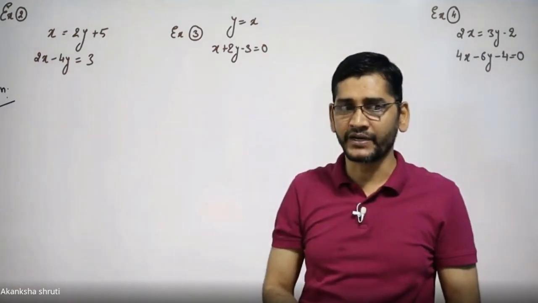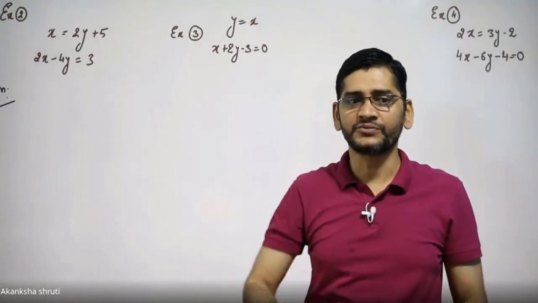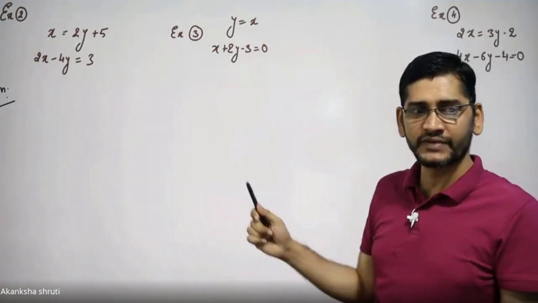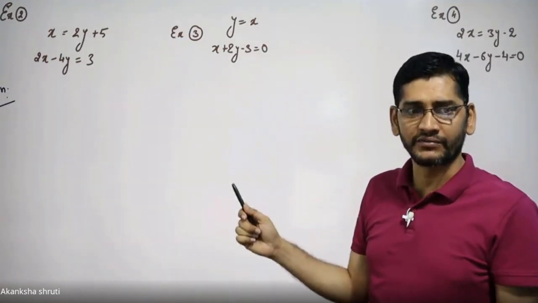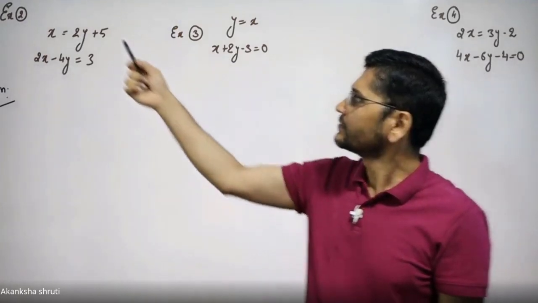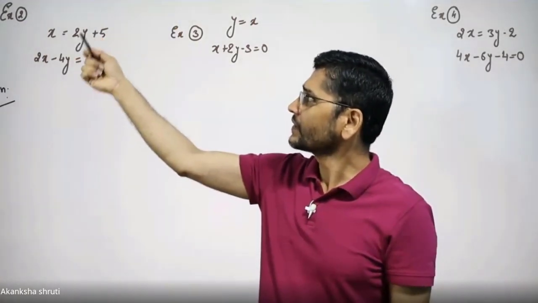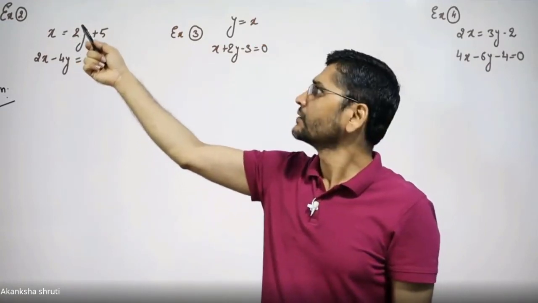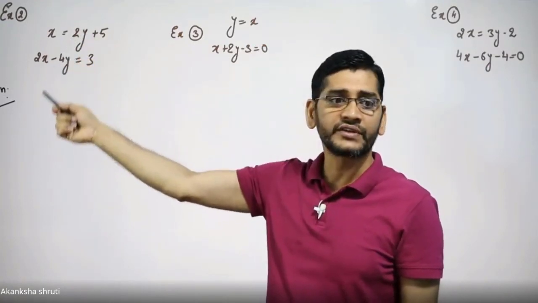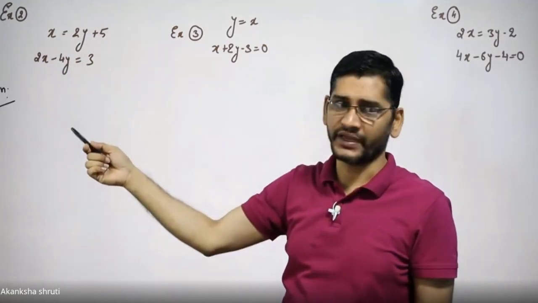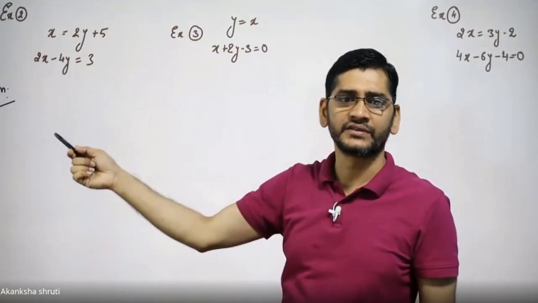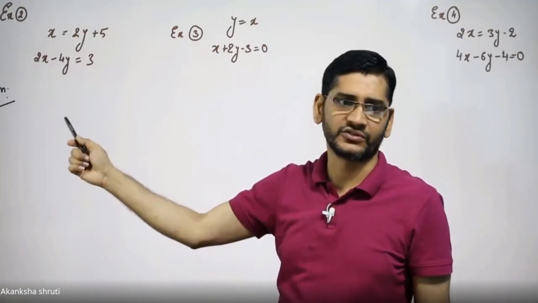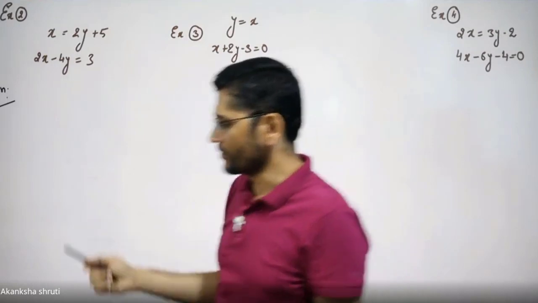And we have to predict their solution, nature of solution, and orientation of graph, how they are. We have just learned how to draw the graph. Very first, draw the 2 tables for these 2 equations separately. Draw their lines over the same plane. If it is intersecting, the coordinate of that intersecting point gives the solution. That is the concept. So let us draw.